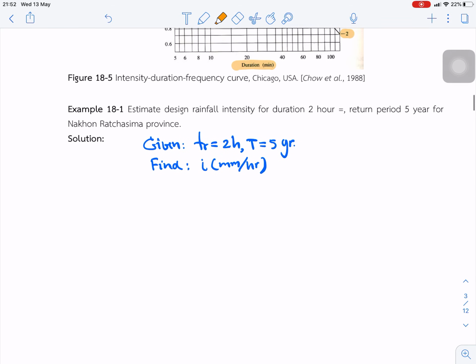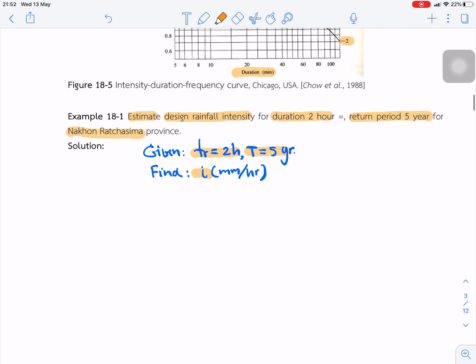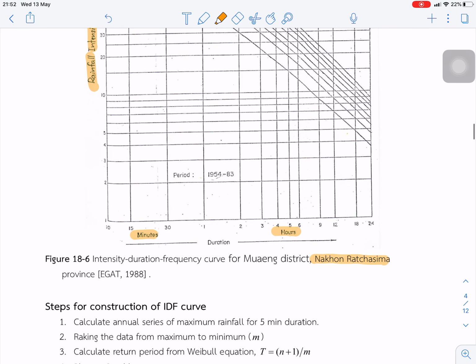Look at this example. Estimate the design rainfall intensity for a duration of 2 hours. So TR is 2 hours, and the return period is 5 years for Nakhon Ratchasima province. What is the design rainfall intensity? We can look at this curve and start from the duration. Duration is 2 hours, so we focus on this 2 hours,